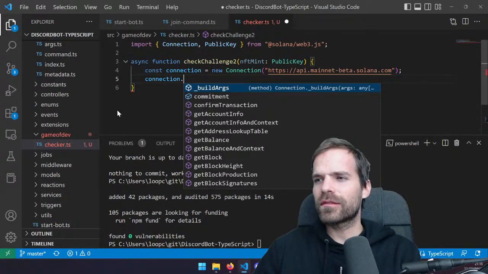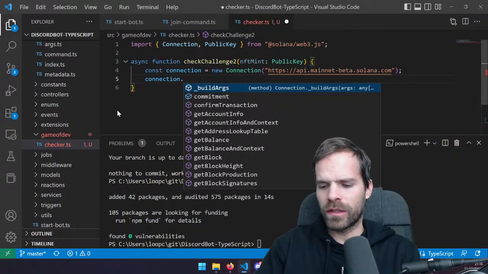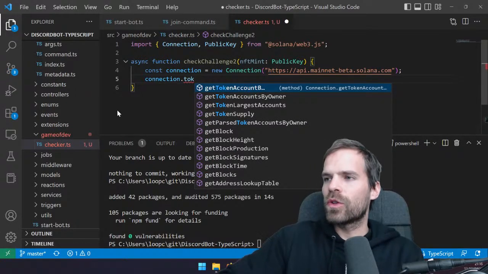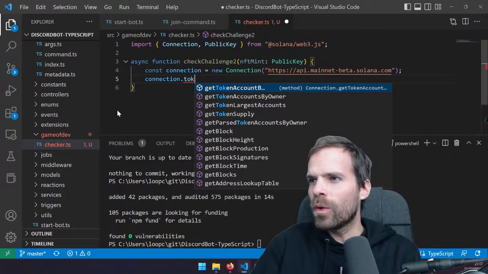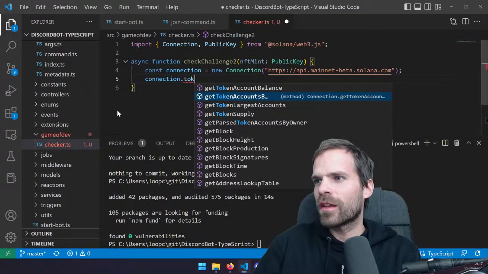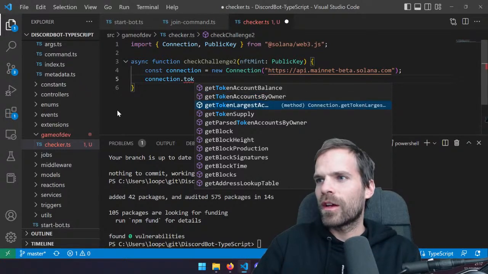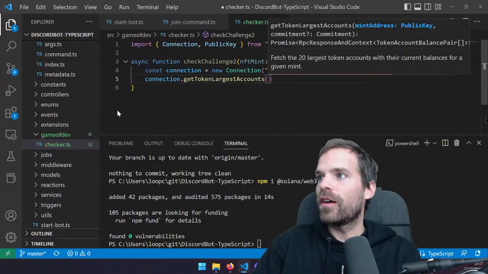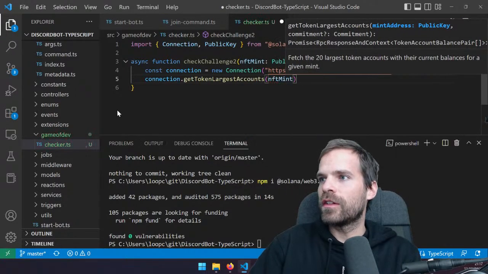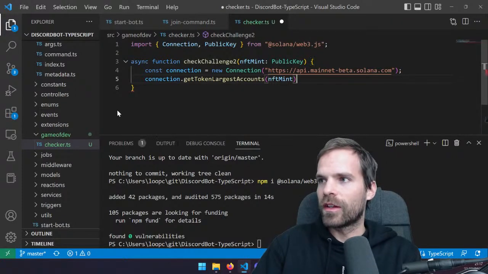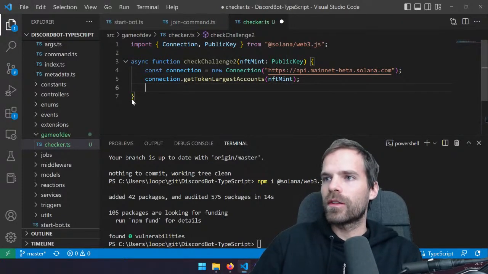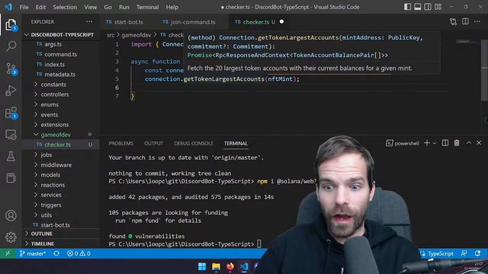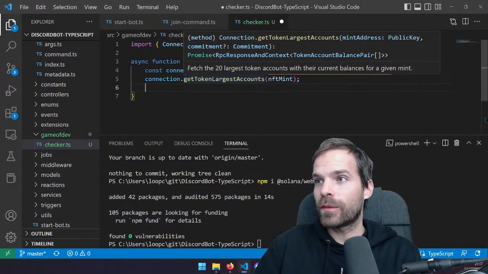And I mean, the way to go here is token accounts by owner is something. Token largest accounts, I think that is the one that we would need for a mint. So for the NFT mint, I'm just gonna try and do it all again. So just to repeat, but I have done all of this before, and I know even where I would find it. It's somewhere in